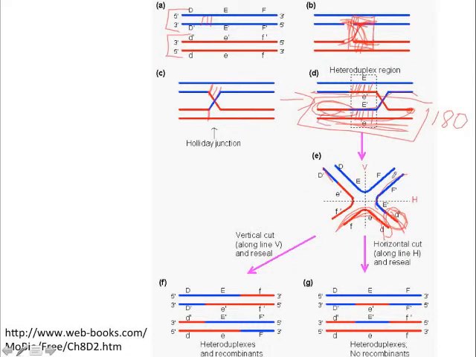We can now see that there are two different ways to resolve. We can either cut horizontally. If we cut horizontally, we have this blue strand, the blue strand right here, and then we have blue, red, blue, blue, red, blue, and that would be your top new